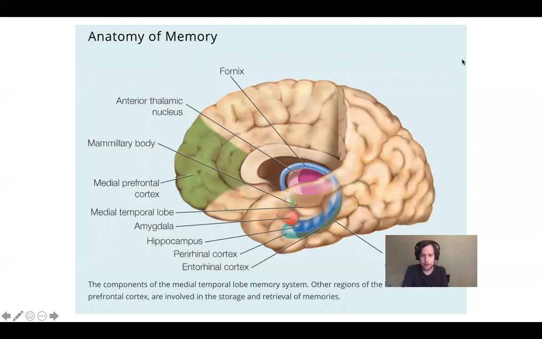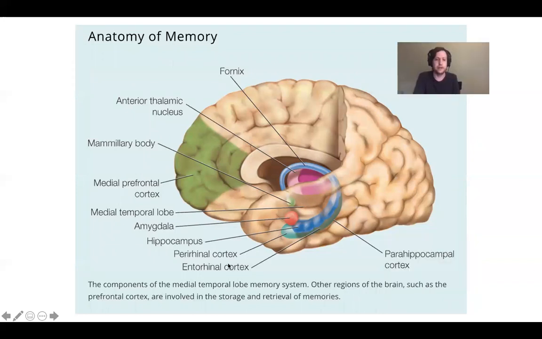The 4 different regions which I'm going to care about you knowing the function of are the hippocampus, which is the blue region right here, perirhinal cortex, which is right here, entorhinal cortex right here, and parahippocampal cortex. Those are 4 regions, all in the medial temporal lobe. They all work together for encoding long-term declarative memory, particularly, apparently, episodic memories, memories from a first-person perspective. And so we'll be talking about these. Once again, anatomy I'm not going to be too concerned about, though I am interested in you knowing what I'm going to show you about the function of these brain regions in the upcoming slides.